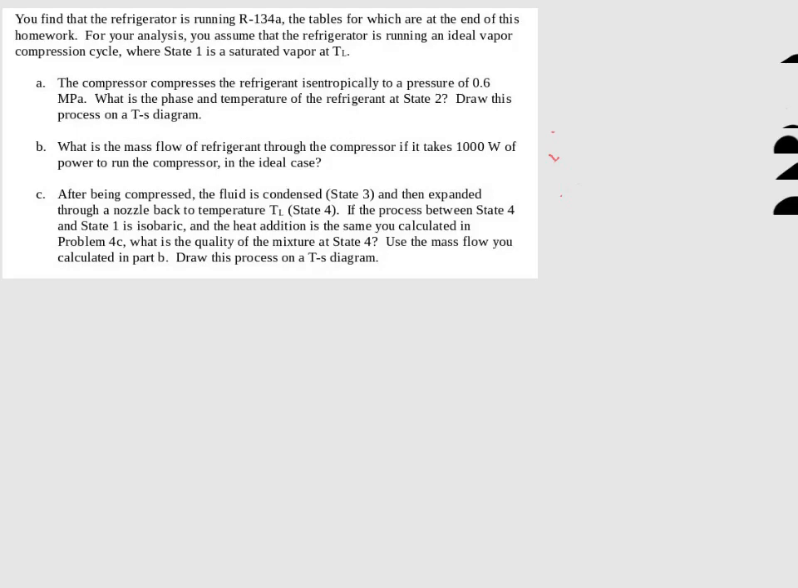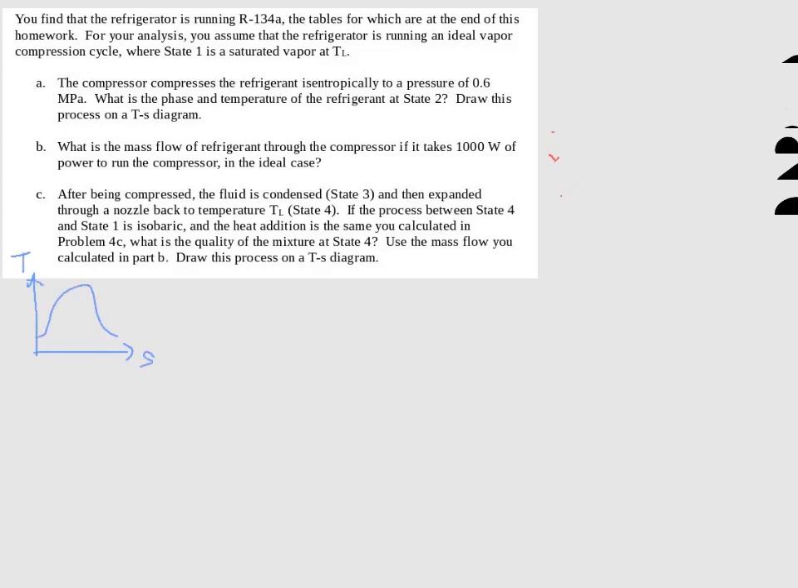Hi everyone, today we're going to continue our analysis on refrigeration cycles. Last time we talked about part A, but I forgot to draw the TS diagram, so we're just going to do that real quick. So if we have our TS diagram here,